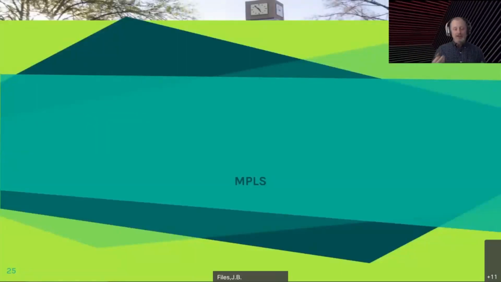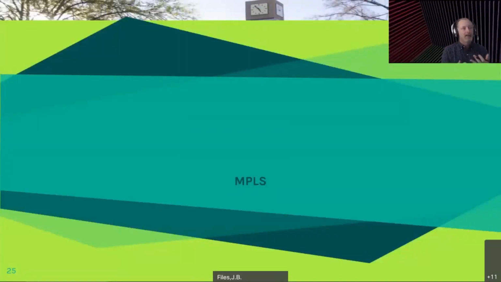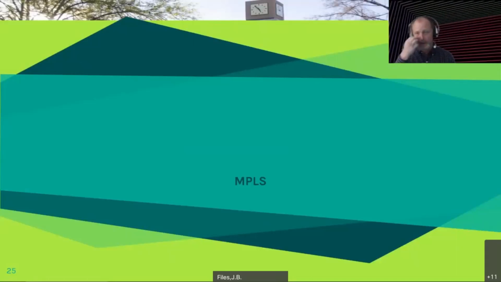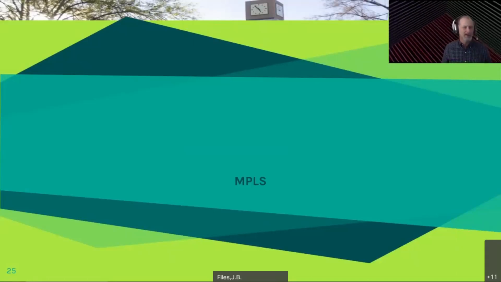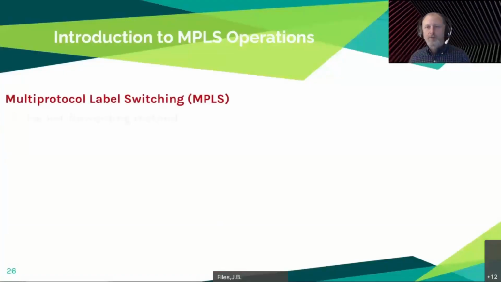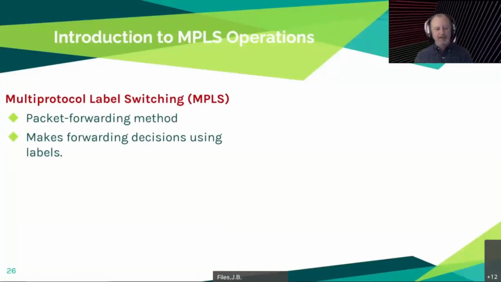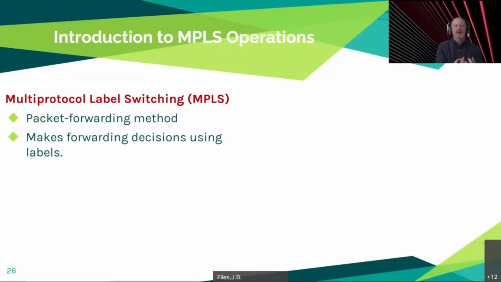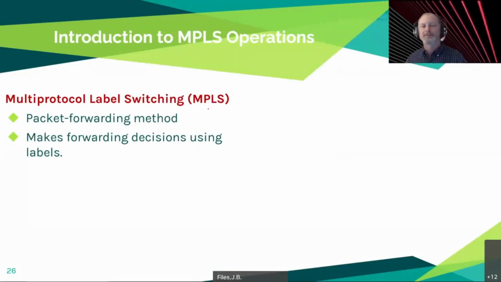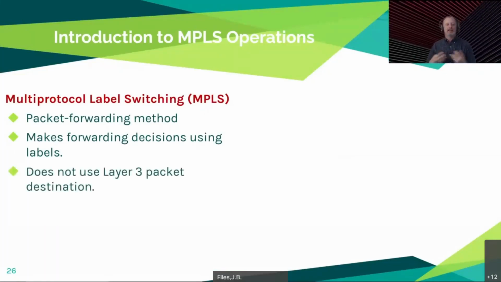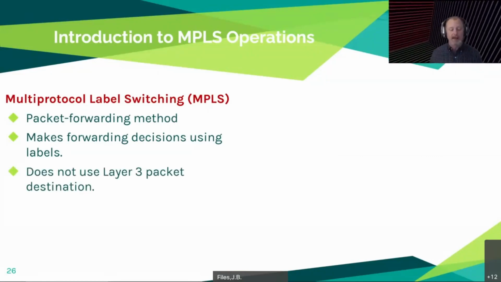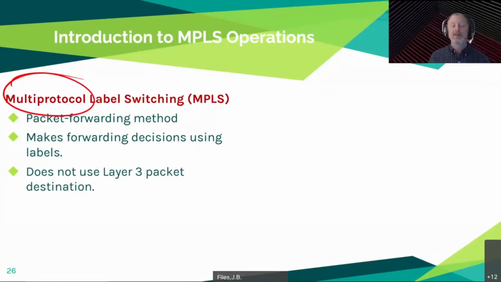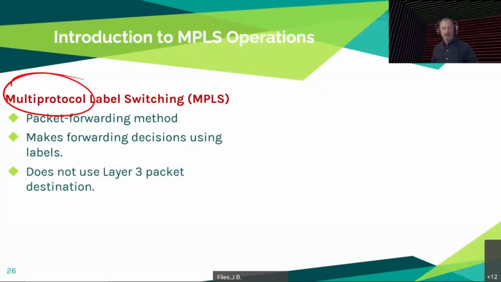All right, so MPLS. We'll start with MPLS, and then we will talk about how to do MPLS with the multiple VRFs in order to create an MPLS VPN, which is more of a service provider thing. Okay, so multi-protocol label switching, or MPLS. This is a packet forwarding method, and it makes forwarding decisions using labels. We're not using any layer 3 packet destination. Part of the reason behind that is the multi-protocol aspect. MPLS can be used to shuffle layer 3 packets,